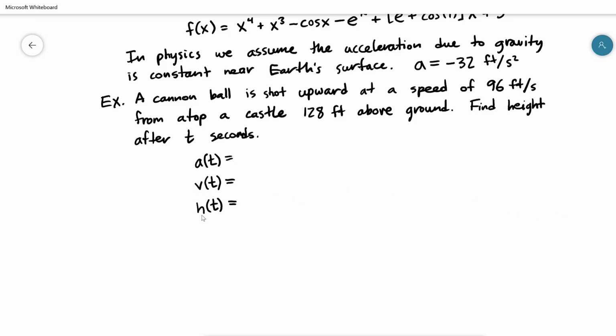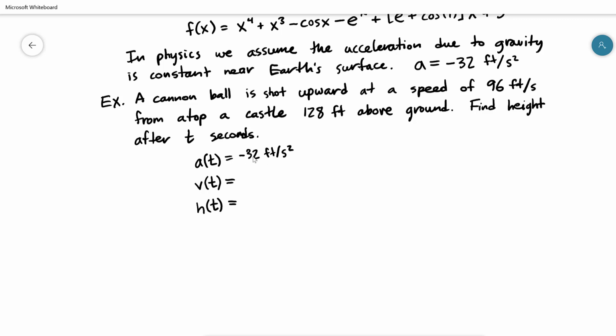We've done these problems before, but I always gave you the height, and then we took the derivative to figure out what the velocity was, and took the derivative of that to figure out what acceleration was. In this case, we're going through this in a more natural order. On Earth, acceleration due to gravity is negative 32 feet per second squared. And when I take the antiderivative